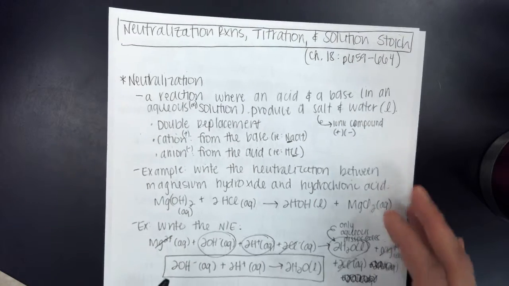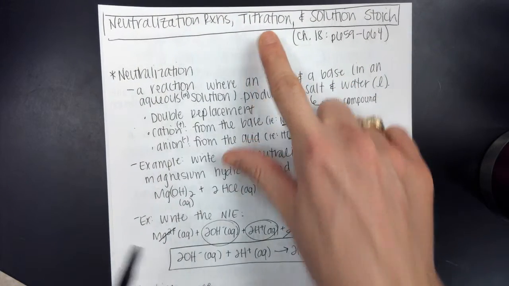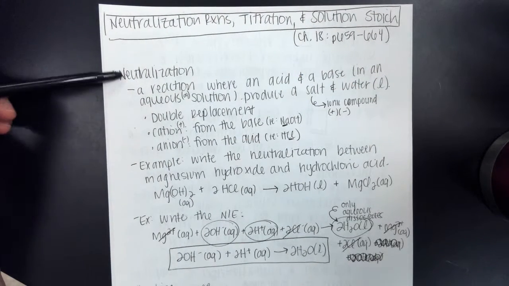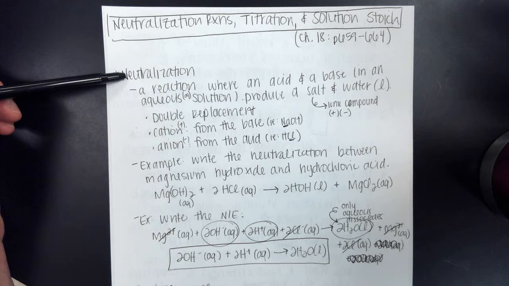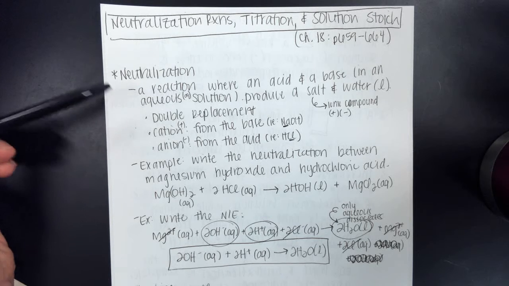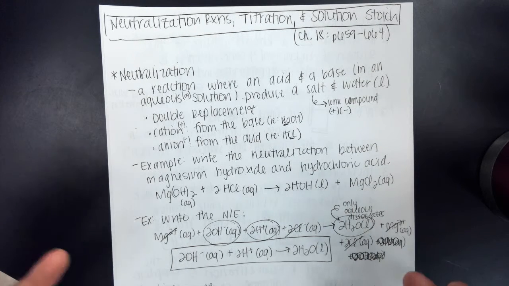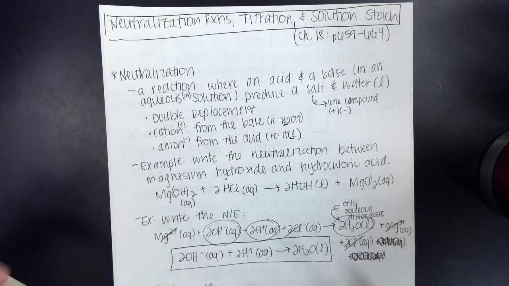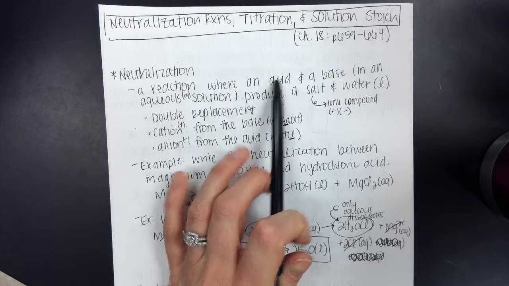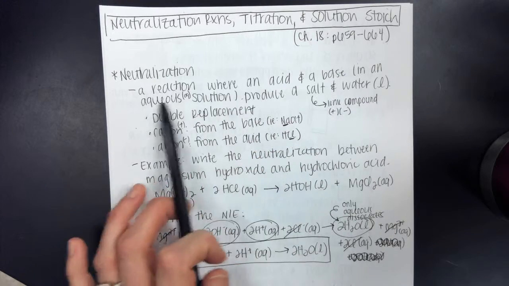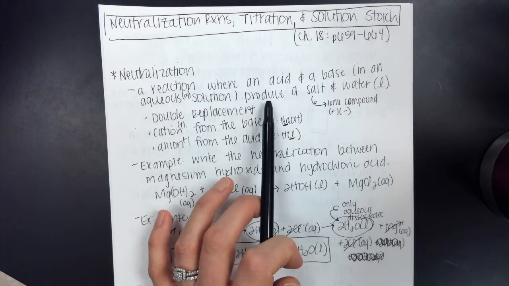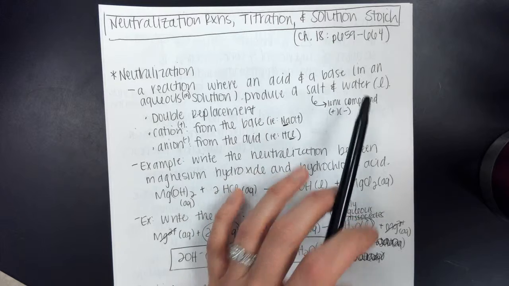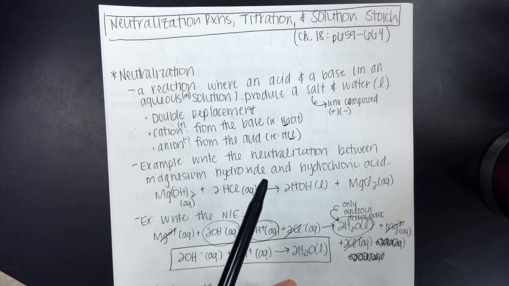So before we talk about the actual process of titration, you need to understand what a neutralization reaction is. You could kind of guess what this is anyway. Neutralization, trying to make a solution neutral. So you're just adding an acid and a base. Of course, they're in an aqueous solution, and they produce a salt and a water as they neutralize,